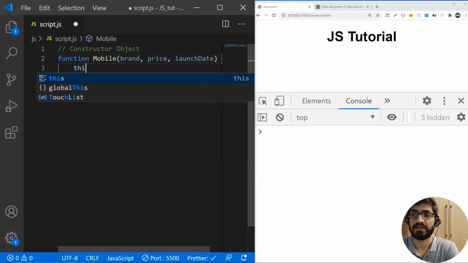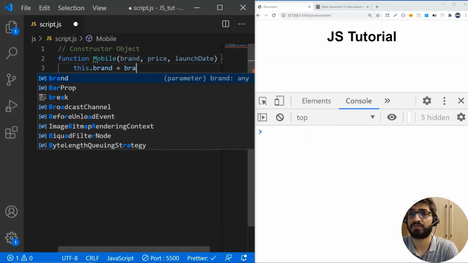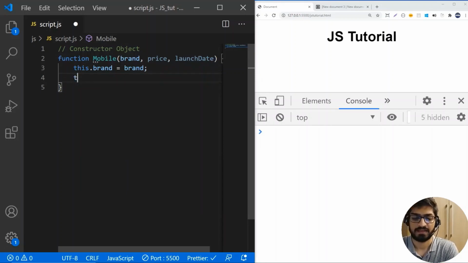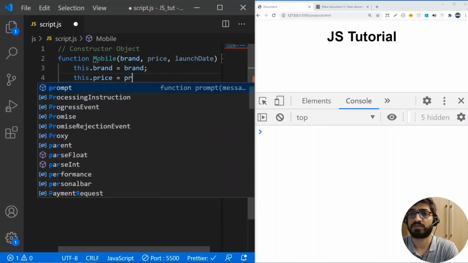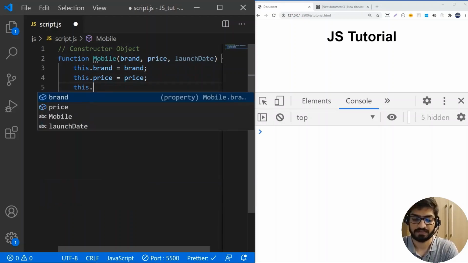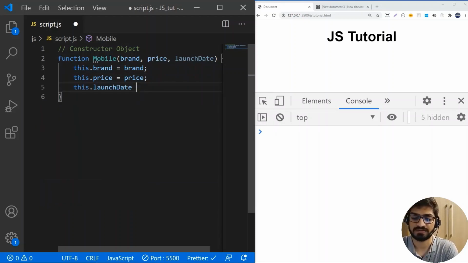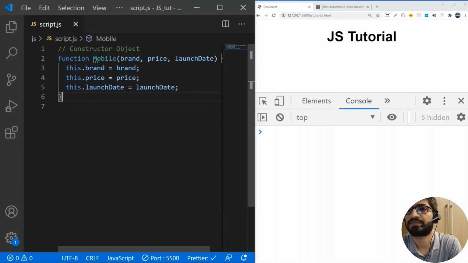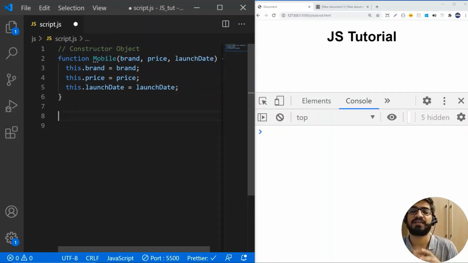Okay, and this.brand is equal to brand, this.price is equal to price, and this.launchDate is equal to launchDate. Okay, so now you have created a constructor object, and now using this constructor object you can actually create the